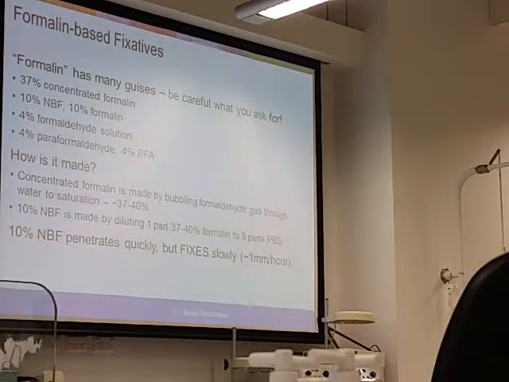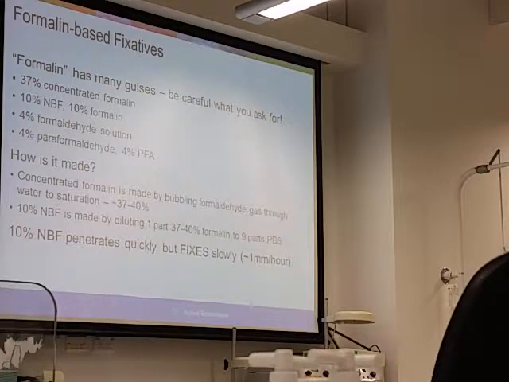If we look at the different formats, you can have something like a 37% formalin. This is what we refer to as concentrated formalin. Then there is 10% neutral buffered formalin, 10% formalin, 4% formaldehyde, 4% paraformaldehyde, 4% PFA. With the exception of that first line, all of those remaining ones are exactly the same active ingredient at the